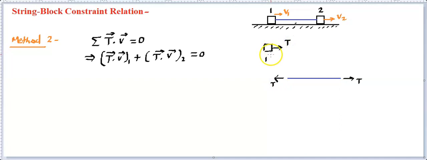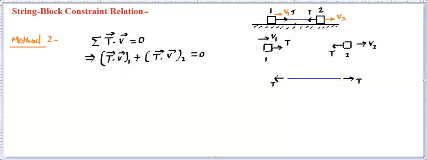So we need to draw the tension on the block and draw the velocity of the block. This is for the first block. Similarly, come to the second block. What is happening with this? You'll find for the second block, velocity is in this direction. This is how the velocity has been indicated, but this tension will be in this direction. So in the connected body, the tension is always toward the string. This is how we can write directly if we want to write in that particular figure. And here I am showing that separately by drawing separate pictures. Now, after this is a dot product. These are vector quantities. Force is a vector, velocity is a vector.